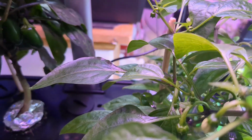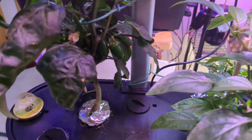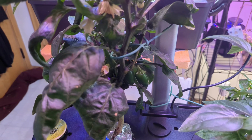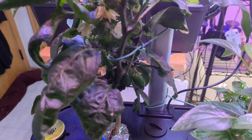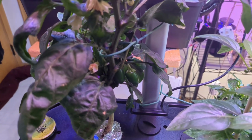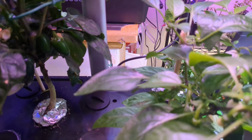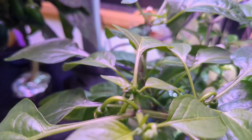So once that was dealt with, I was quite pleased with myself, and then my wife noticed that there's little spider webs going all over my unit, and my plants were looking really poorly, and so I had spider mites, which was a shock to me. I dealt with that problem, cleaned out the units, and was again quite pleased with myself because I got rid of all the spider mites. Well,